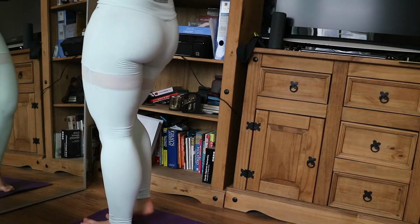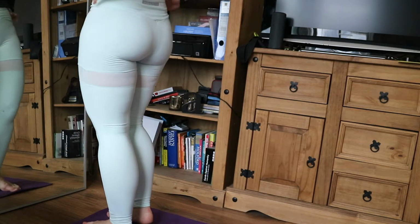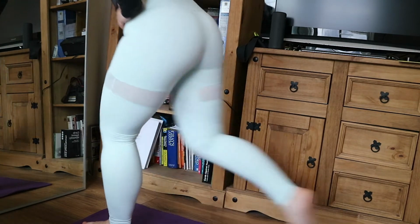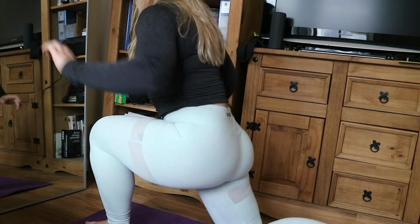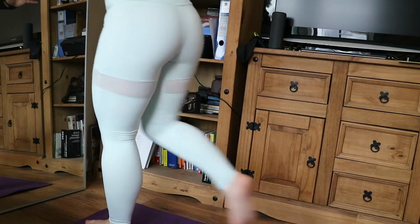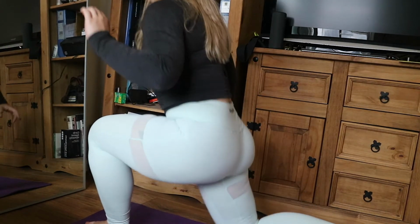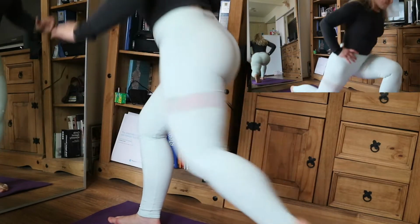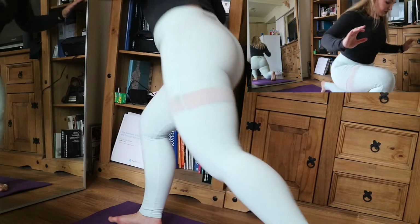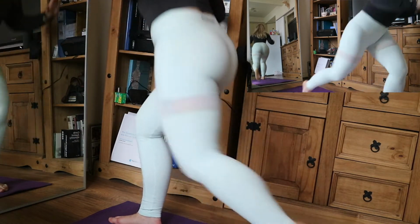The first exercise, as you can see, is a reverse lunge. You're going to do 10 on each side and they can be alternating or random, as long as you've done 10 on each side. When you do these, you are going to put all of your weight into your front heel. You're going to lower down slowly by pushing your hips backwards, hip hinging, lowering the hips,